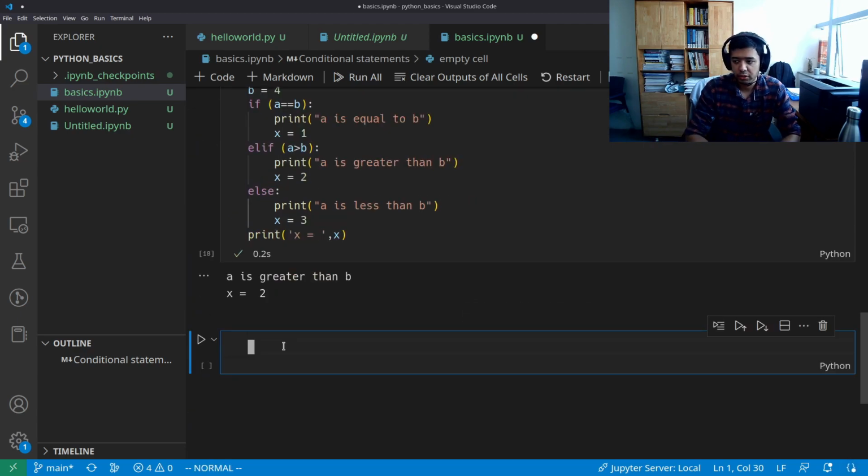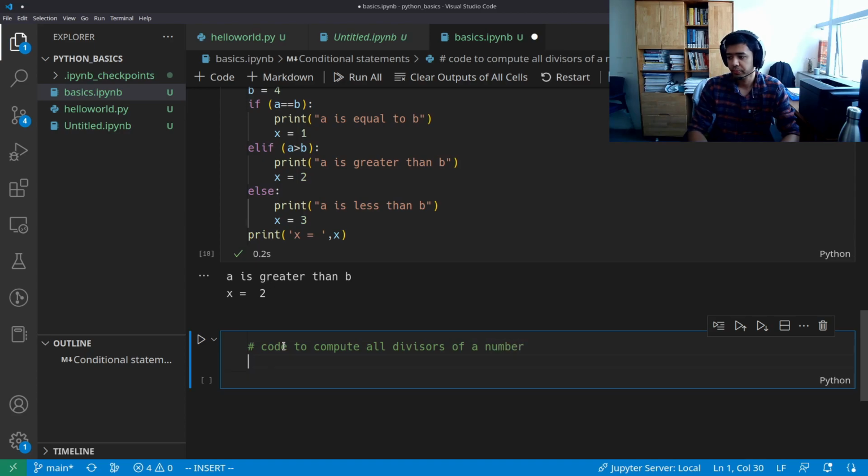Now I may also want to use a while statement. You can also define loops and so on. So suppose I want to create a loop. Perhaps I want to find all the divisors of a particular number, to compute all divisors of a number. So let's say number is equal to